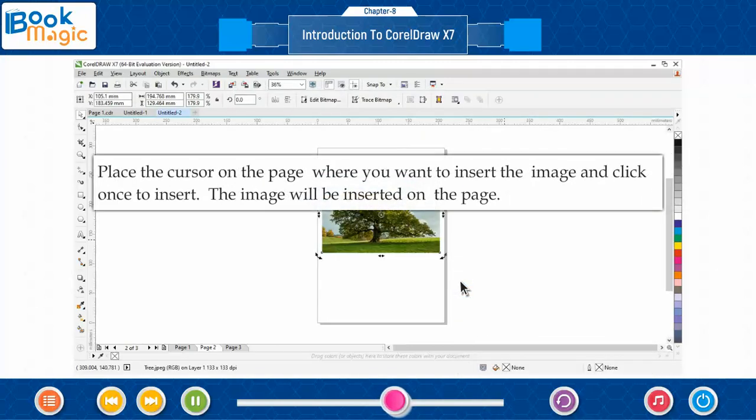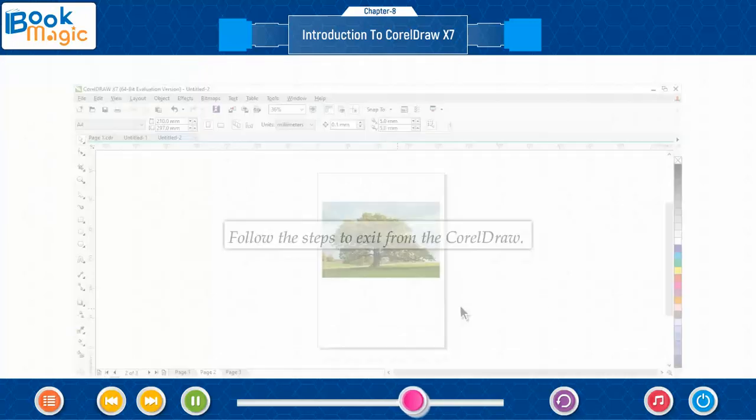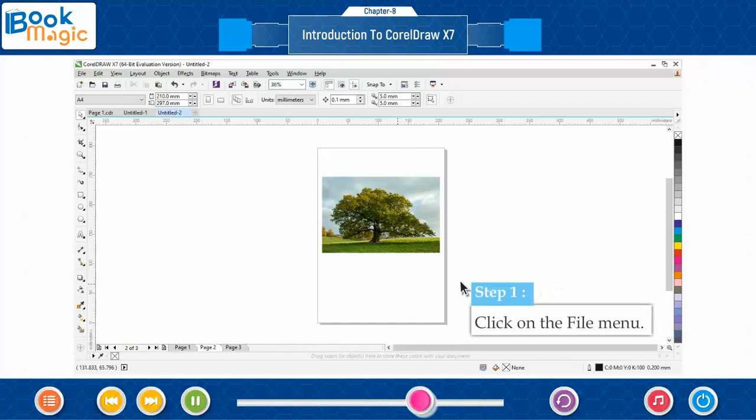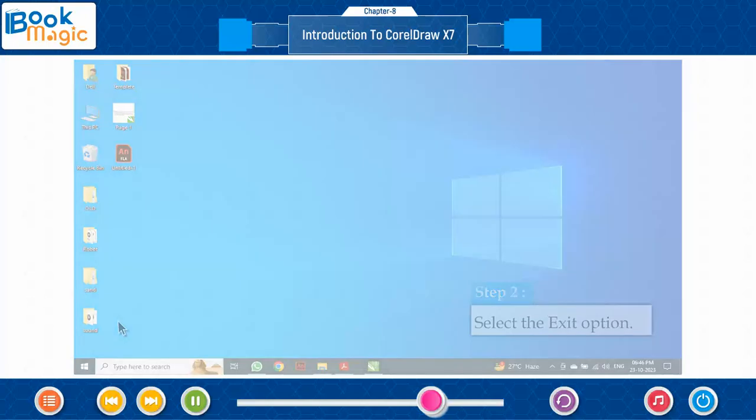Place the cursor on the page where you want to insert the image and click once to insert. The image will be inserted on the page. Exiting CorelDRAW. Follow the steps to exit from CorelDRAW. Step 1. Click on the File menu. Step 2. Select the Exit option.